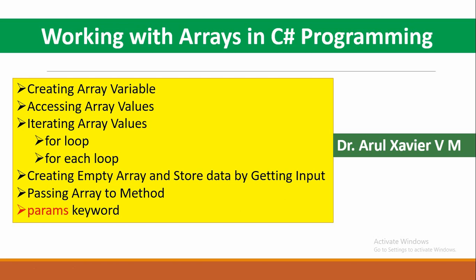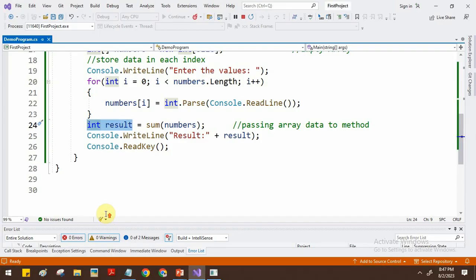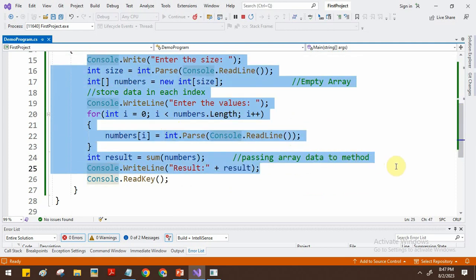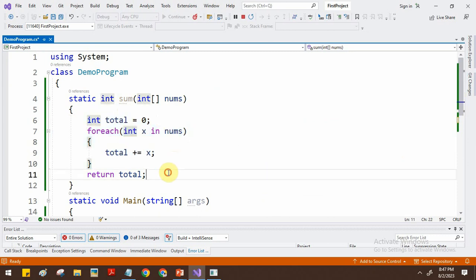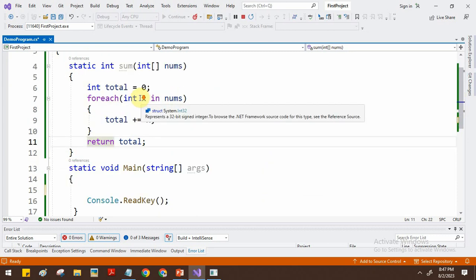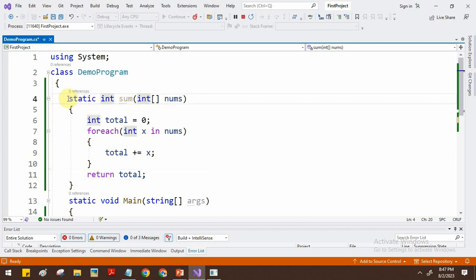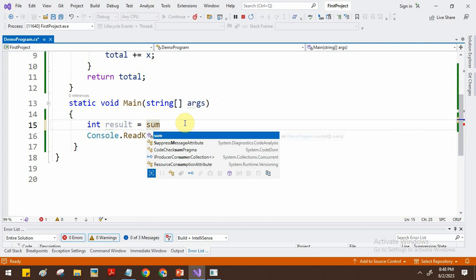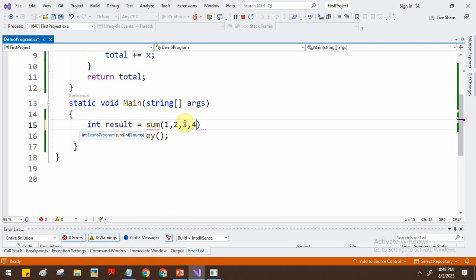So for example, assume that in this program, I'll just remove this for understanding the params keyword. I'll just keep the sum function. Now look at this. Here I have a sum function which will perform the sum of all the elements in this array variable, right? Usually we have to pass an array variable. So now in the main function I want to do this operation: result equal to sum of, I want to pass 1, 2, 3, 4, 5,